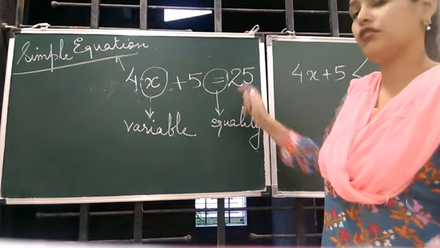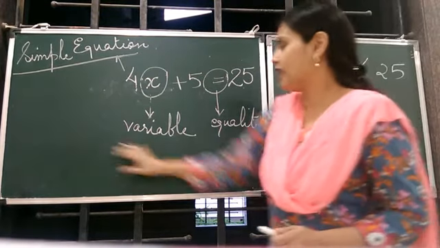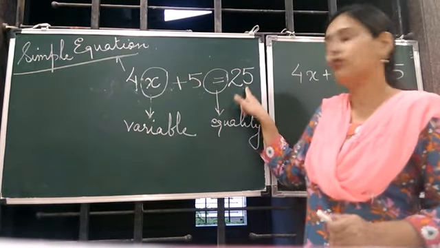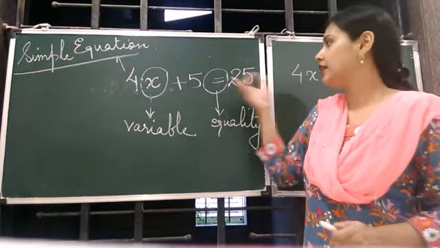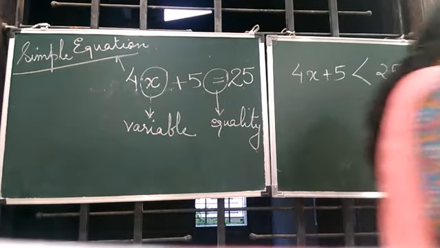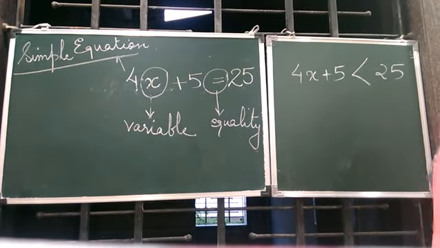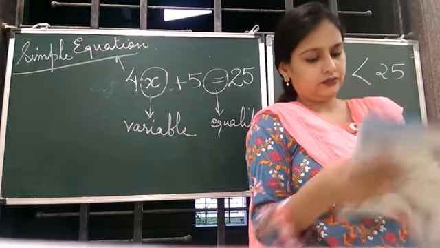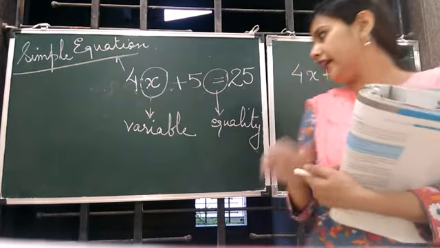Right now, just the first step to climb the stairs, just the first step, this is what we have done just now. The equation, simple equation, variable, constants, sign of equality, LHS, left hand side, RHS, right hand side. Okay, so now we are going to start try these. There are some try these in the book. Try these is given on page 78.